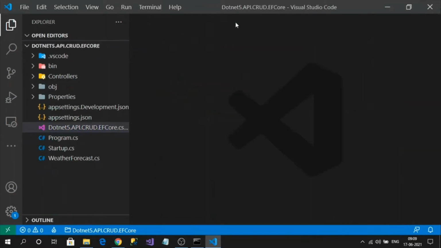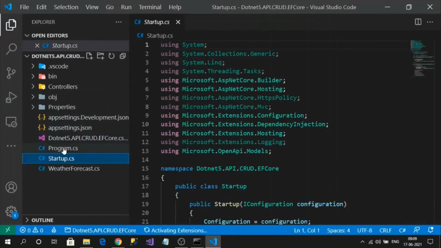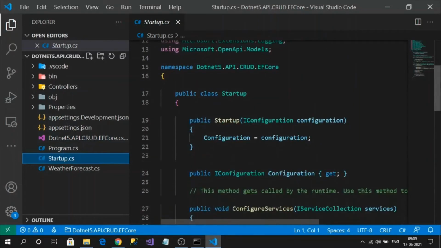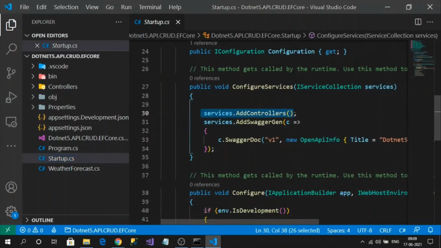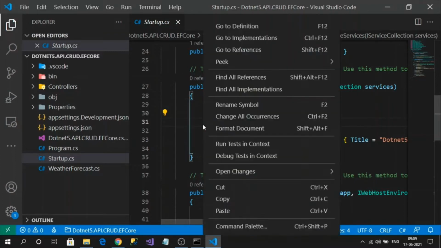Before going to creating our CRUD operations, let's get familiar with our API project. First thing is we should know about the Startup class. Startup will contain services and middlewares. The services are helpful for registering dependency injection, and middlewares are meant for request execution. In Web API, the main service registered here is AddControllers. This makes our controllers support dependency injection.